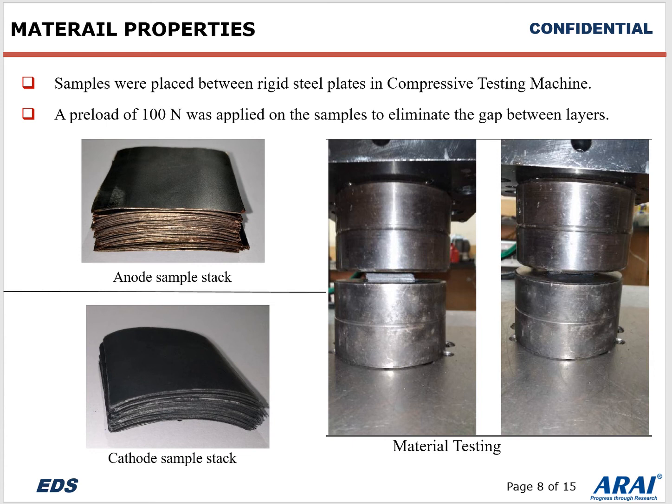It is also observed that the stiffness of the coated aluminum layer, which is the cathode in our case, is almost double that of the coated copper layer, the anode. Even though the bulk modulus of copper is higher than that of aluminum. Thus, the coating of anode and cathode plays a significant role while analyzing the compression test of the jelly roll. And for the separator, we use material properties from literature, which are readily available.